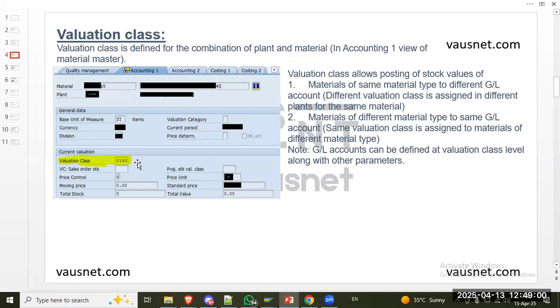So valuation classes, like for example, raw material is denoted or symbolized with the code 3000 in standard SAP. Usually it's an industry practice, not hard-coded or set in stone. So valuation class 3000 is raw material, 7920 is finished goods, and so on. So valuation class allows posting of stock values. That's why it's valuation. So class is material type. So valuation of material type,